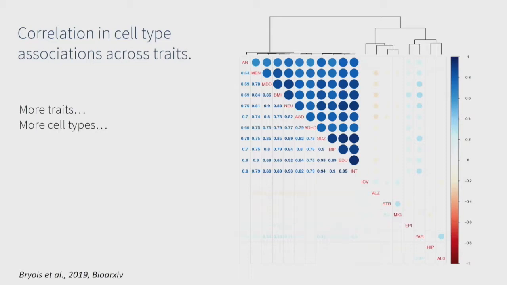These are the different brain traits that we actually looked at, and this is how the cell types that they hit correlate with each other. And you can see that all the psychiatric disorders are very highly correlated in terms of which cell types are being targeted: schizophrenia, bipolar, educational attainment, intelligence, ADHD, etc. While the brain traits like migraine, stroke, Alzheimer's, they hit very different cell types. They are pretty much non-neuronal disorders when it comes to this. When it comes to stroke and migraine, they are mainly affecting the blood vessel cells.